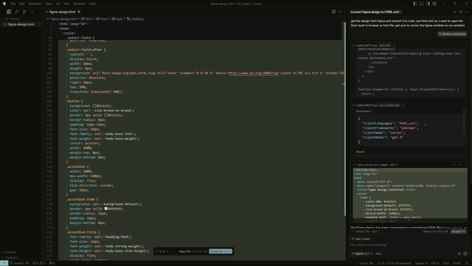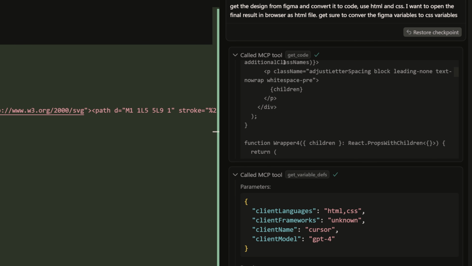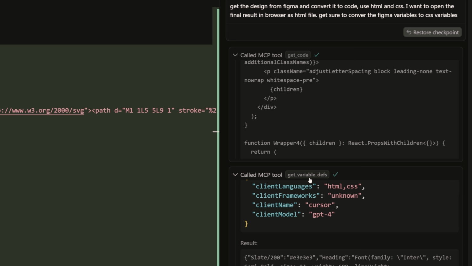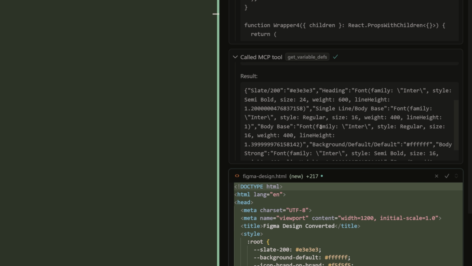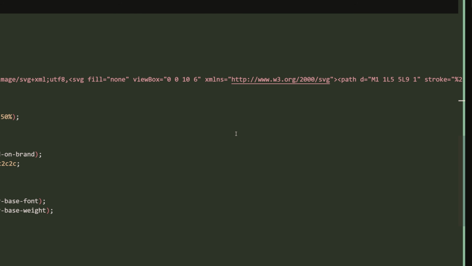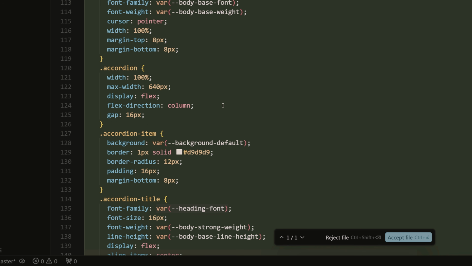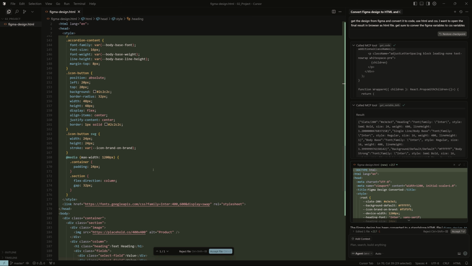And while we were waiting for the result, I saw that the MCP tool is using this get code function to convert basically the design to the code. And then it also called the get variable definition to reuse the variables that we had in the design as a CSS variable. So this is the code.